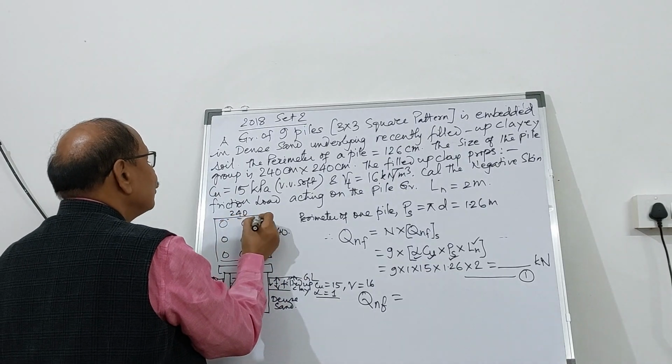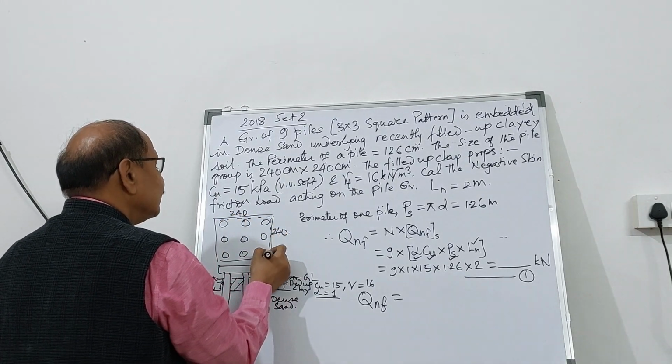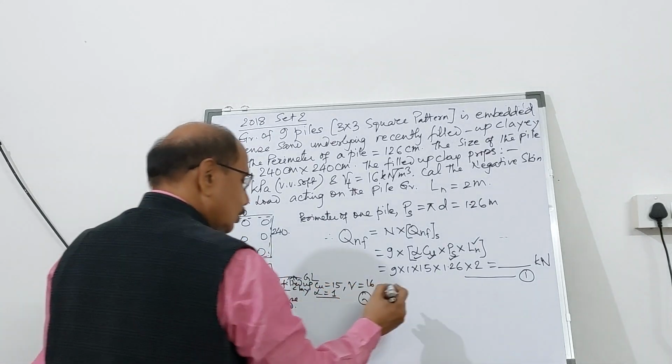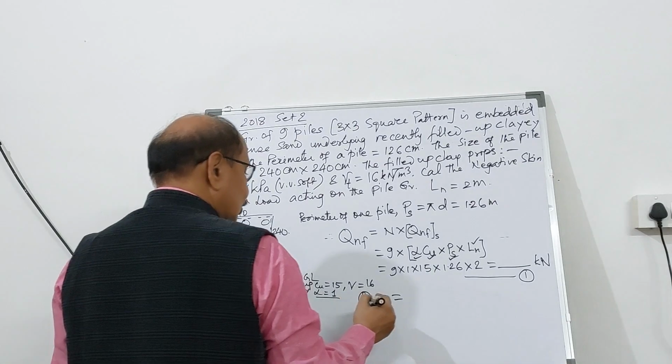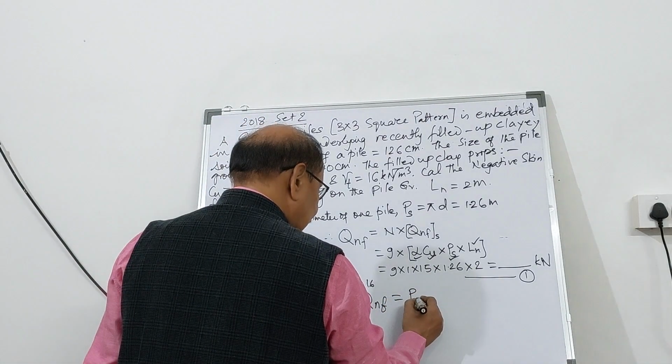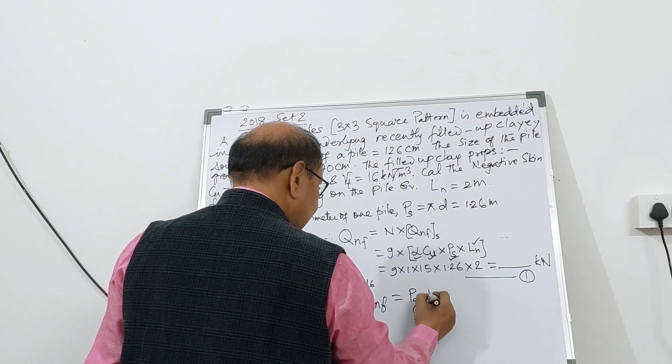So the frictional force will act on the periphery. So on block shear concept, if you calculate it, it will be perimeter of the group multiplied by length